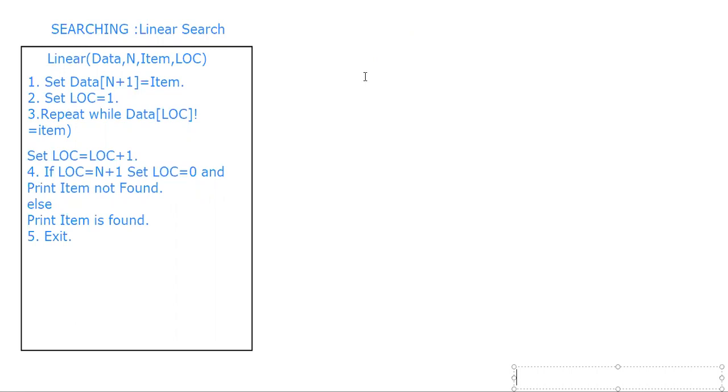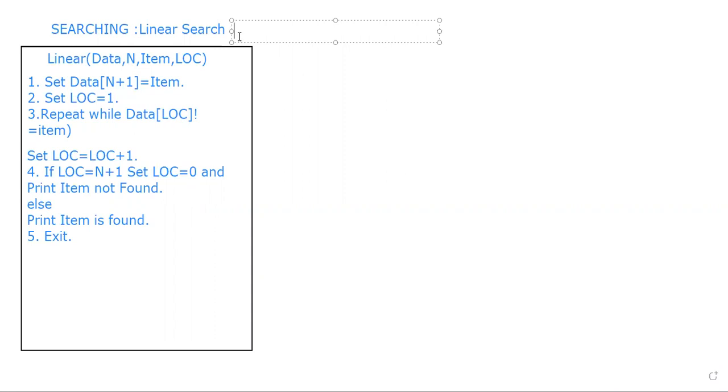In today's class, we will talk about a new operation that is called searching. As you all are aware, searching is a process in which we try to find out an item. When we talk about data structures, we have got two methods available to us for searching items. The first method we will call linear search, and the other method we will call the binary search.